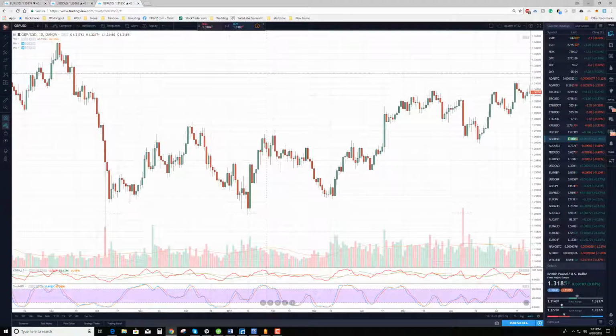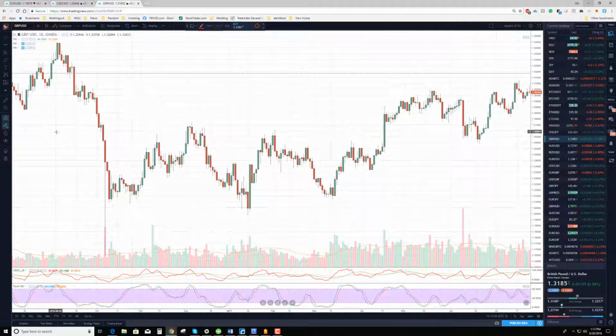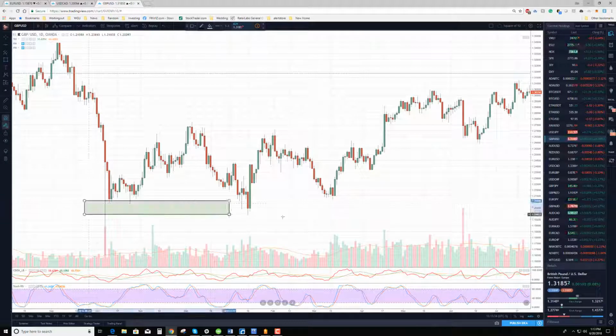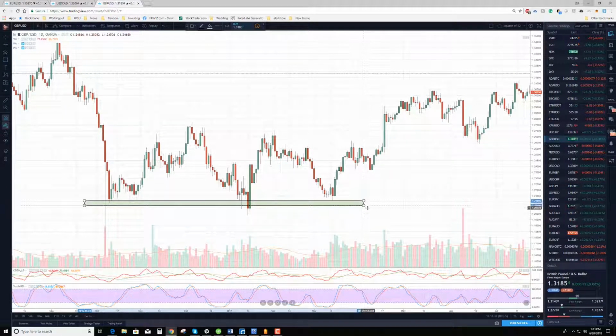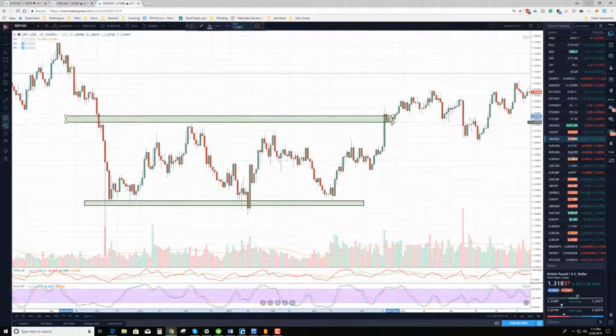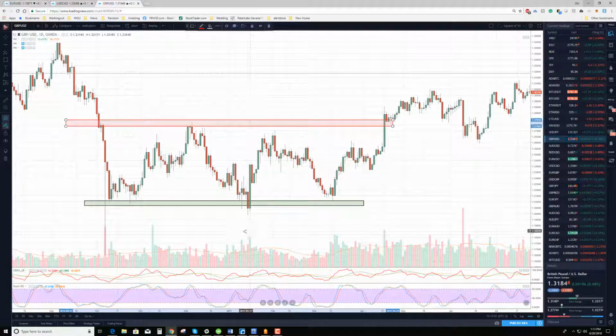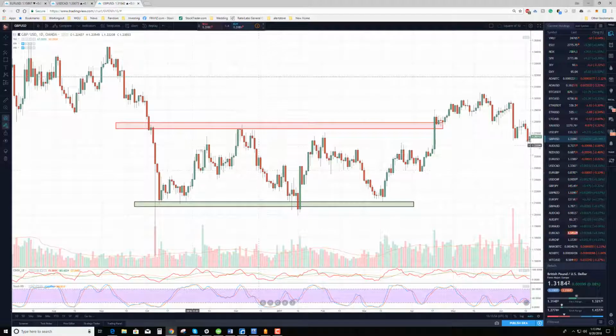Let's say we're just going to draw some pretty dynamic support and resistance zones. Like, all right, it looks like I've got 3 bottoms here, so I'll just draw. There's a support zone here, and it looks like there's a resistance zone here. And we can change the colors to make it look cool. So I've got these areas here in our price action.